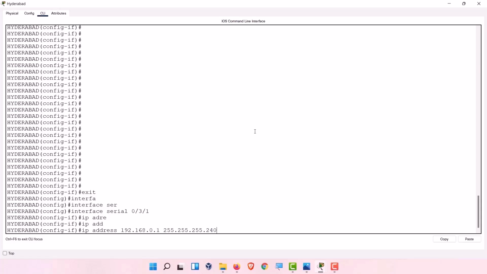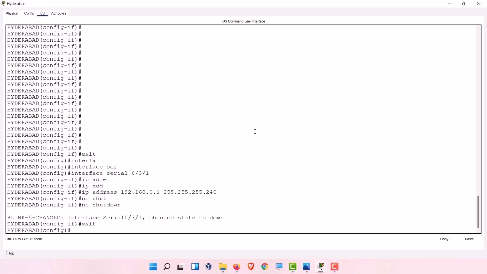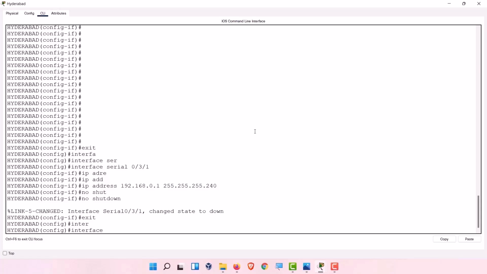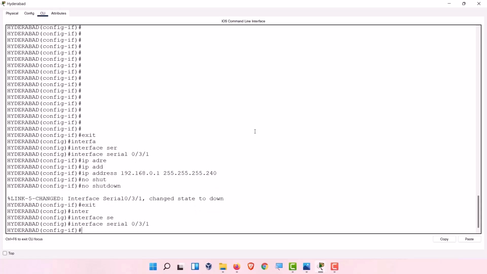That should be fine, I guess. So no shutdown. Now we have assigned the IP address, however the link is down. That should not be a problem right now. So let me type the exit command and move to another serial interface, that is interface serial 0/3/1,